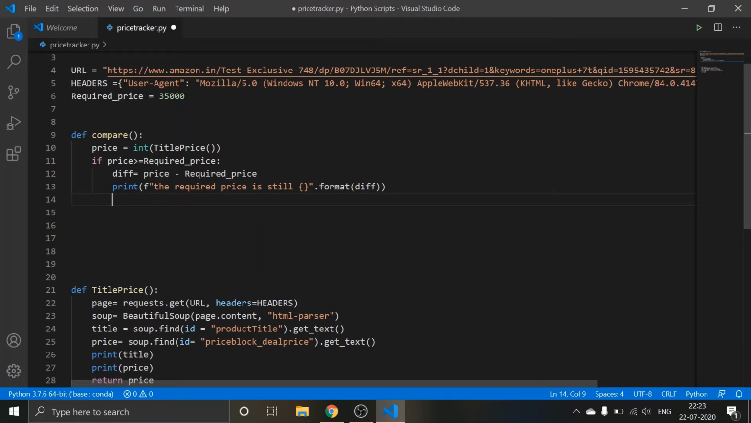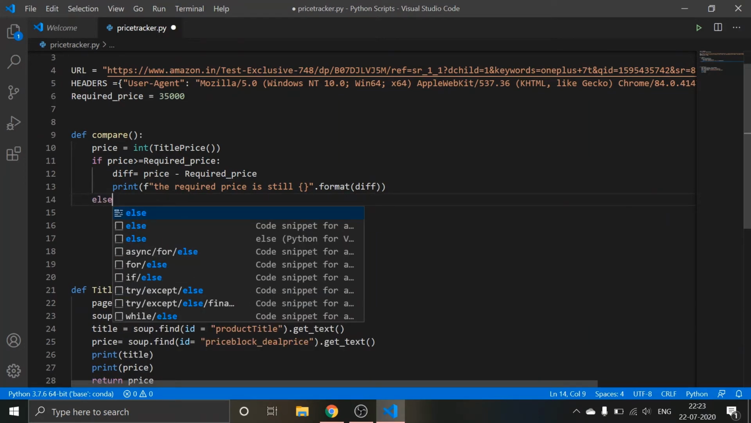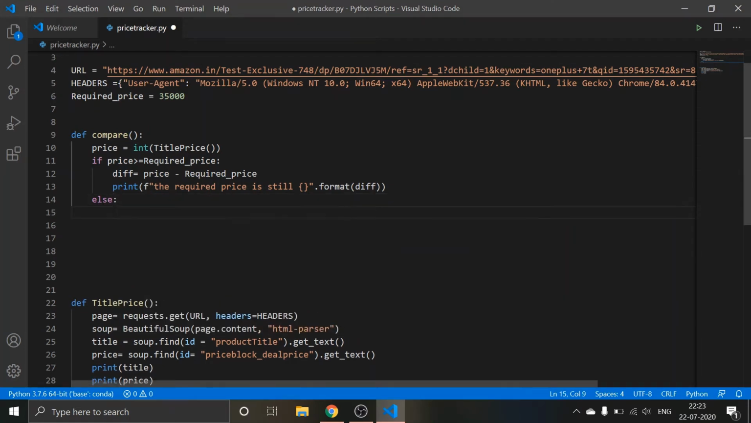Okay, now the condition says else, what? Print the price of the product is cheaper now. Hurry up. Okay,